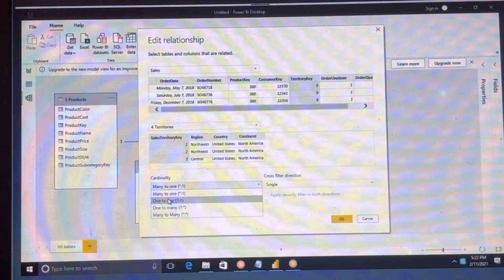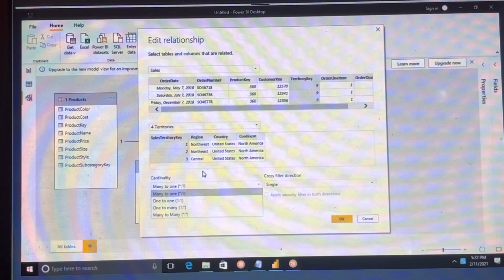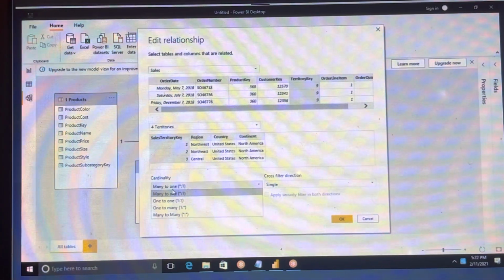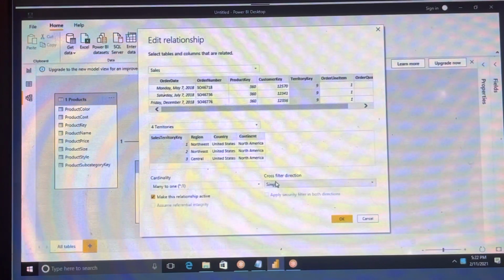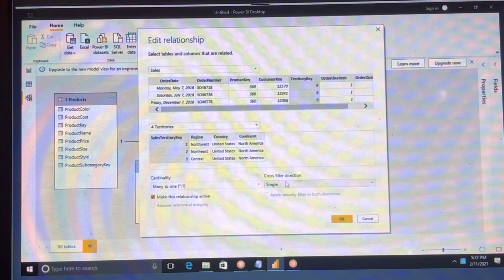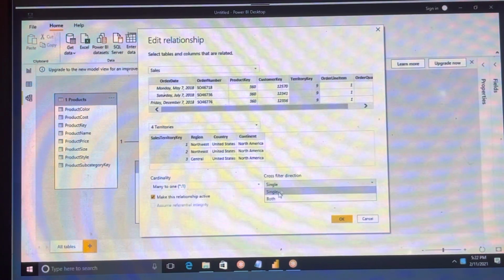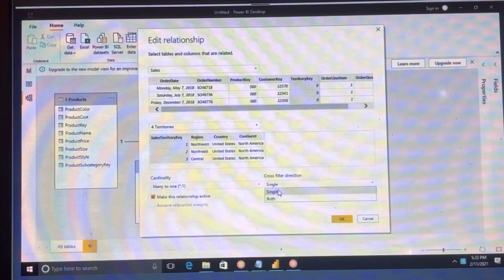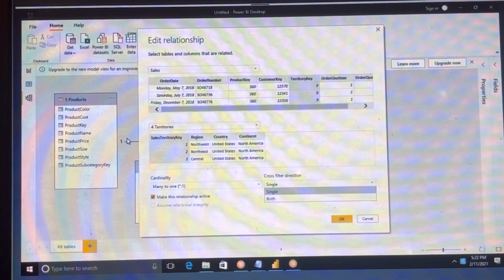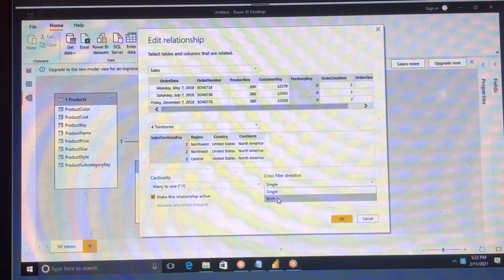Many to one is set automatically based on the data itself. Cross filter direction means you can select single or both. If you select both, it's something like a cross tab in Excel.